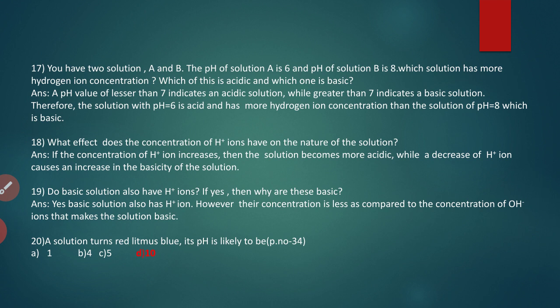So what is the pH of bases? It is always more than 7. Remember that the pH value of bases is always more than 7. So here you can eliminate the answers easily if you know the concept. Option A, 1, is highly acidic, right? The pH value 1 indicates the solution is highly acidic. So that is not the answer. 4 is also less than 7, and even 5 is less than 7. So what is the right answer? It is option D.